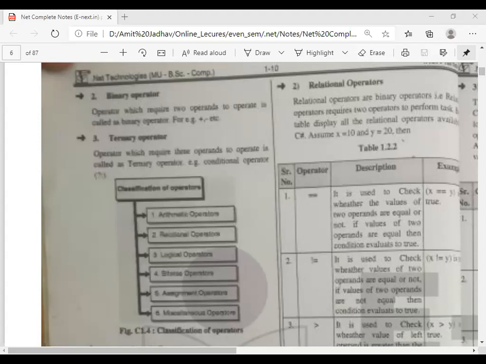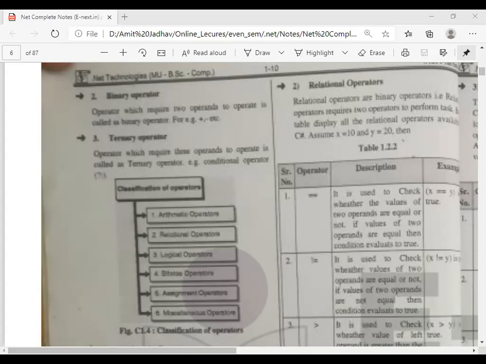After that, suppose we write the if statement. How do we write it? If x is equal to y, then we print the message, printf or System.out.println, x is equal to y.